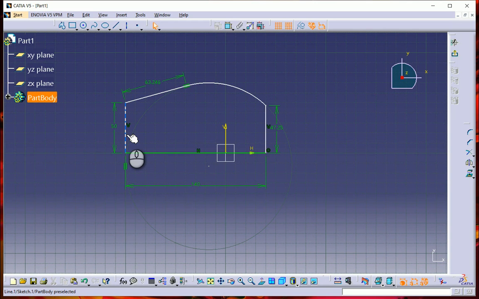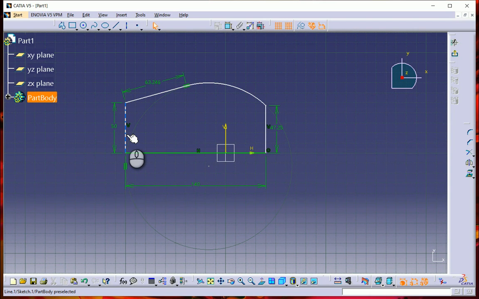For example, if we use the Sketcher workbench, we have the .drw file type. If we are using Part Design, we have .CATPart. If we are using the assembly, then we have .CATProduct, right? So these are the different file types that we have, and when we go into the modules, over there we'll discuss which file type is being used at that particular workbench.